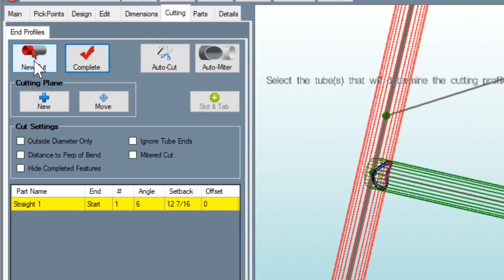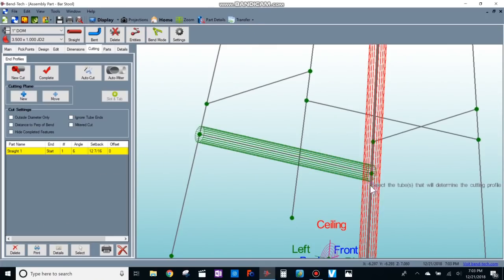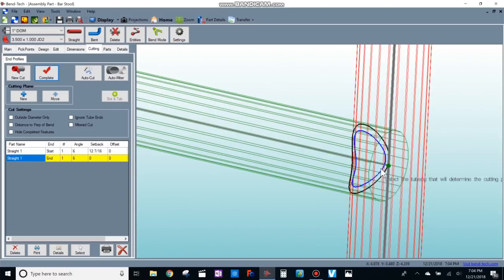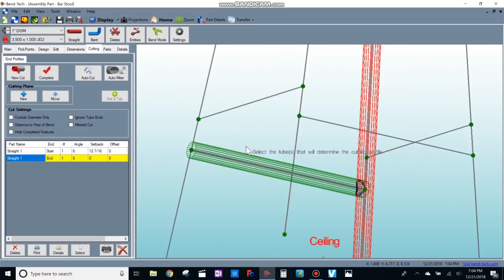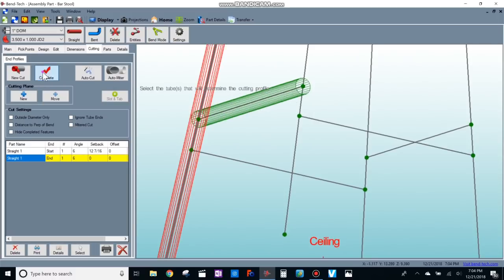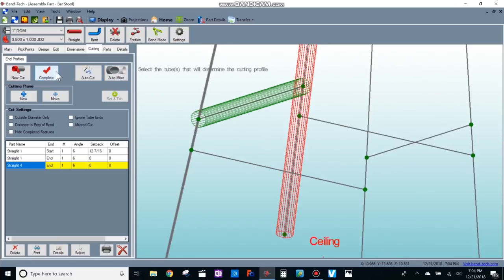So to do another one, you select new cut, select the piece you want to cut, select the piece that it's going to be cut onto. You zoom in, you see right now, there's no miter, it's just magically got those 2 tubes smashed into each other. But as soon as you hit complete, then it puts a cut line for the contour of your pipe. So we need to do that on each end of all of the pieces, and it's the same. You go to new cut, select your tube, select what it's getting cut onto, complete. New cut, select the tube, select what it's up against, complete.